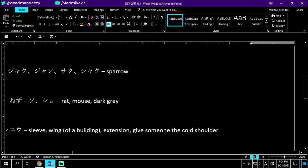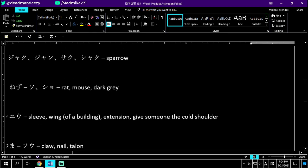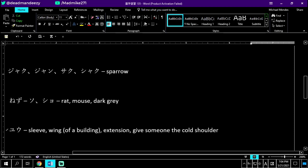Next, a rat or a mouse is a nezumi or nezu. Hokani so or sho, which is our kind of weird broken grate over what looks like the lanes of a nezumi or nezu. Next, a sleeve or a wing of a building or an extension or to give someone the